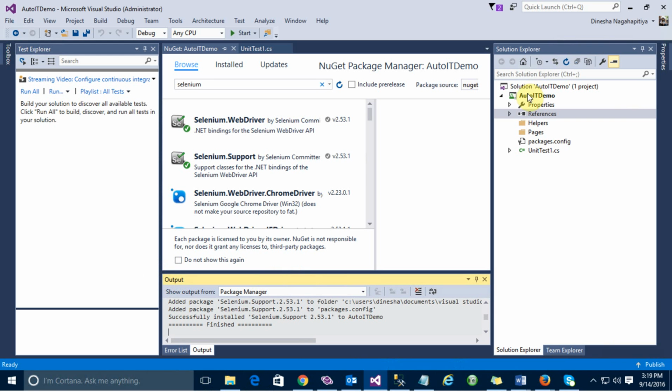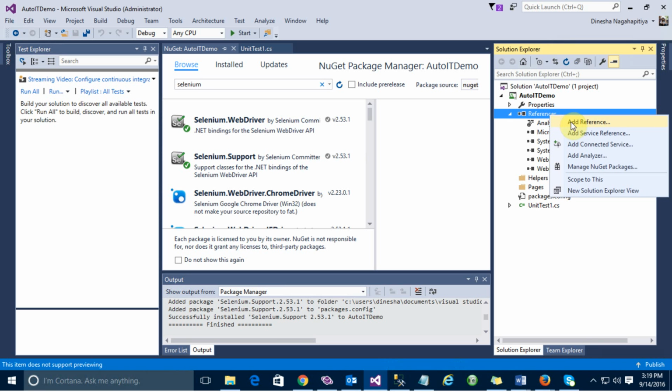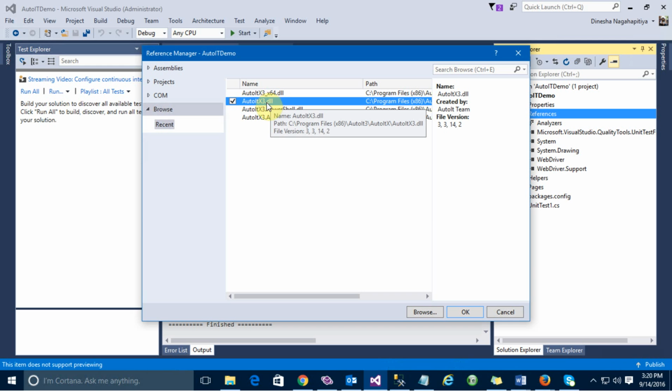After we add the Selenium to the references, we have to add the AutoIt reference. So what we have to do is browse, after we download the AutoIt, to the folder where it is located, and select this AutoItX3.dll